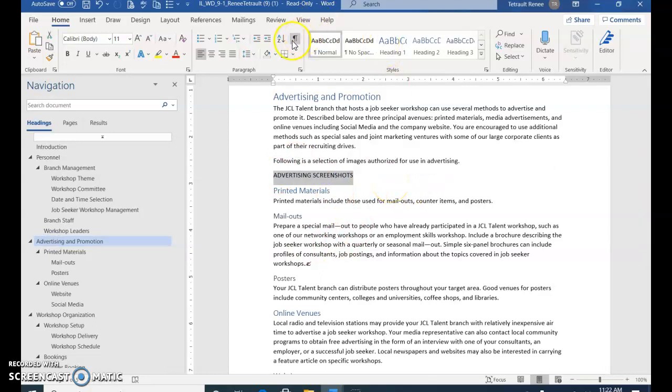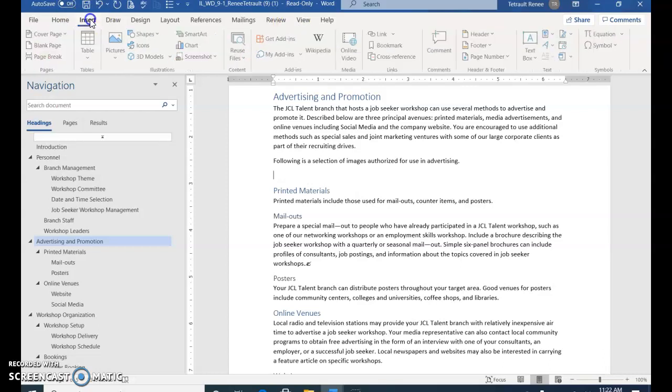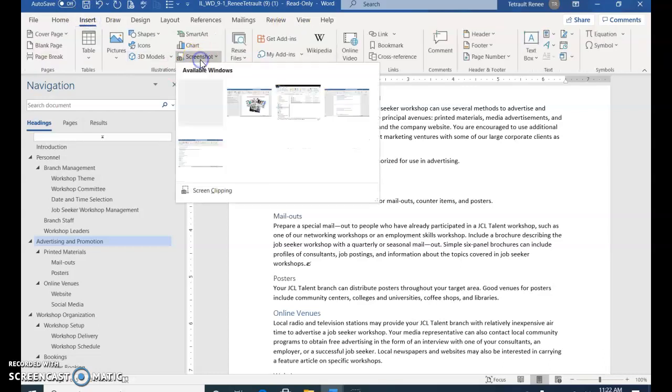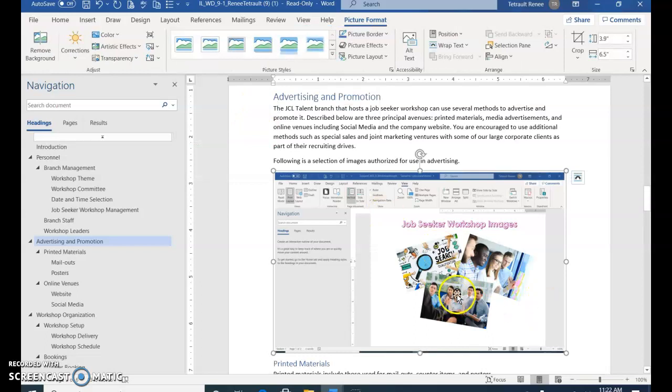So I'm just going to show you the show hide. Don't delete the paragraph symbol. And then press delete. And then you'll click Insert, Screenshot, and the one that was just open, you're going to select that. And what happens here,